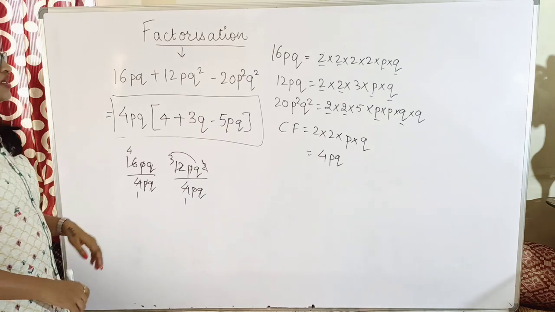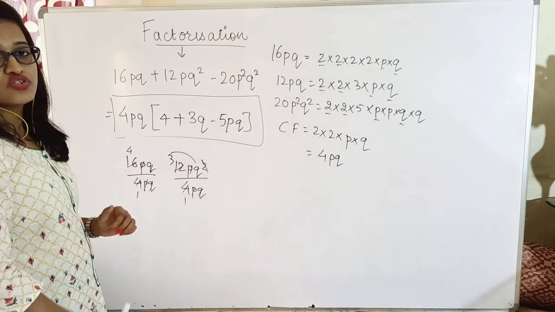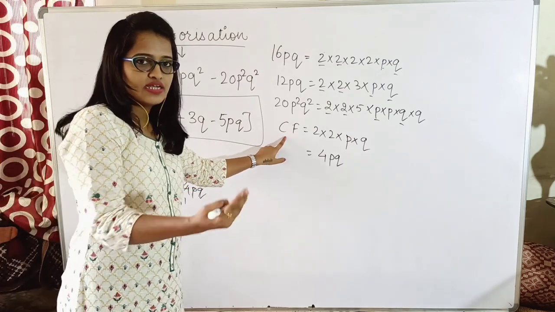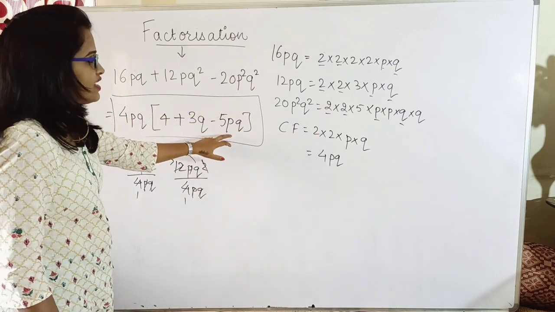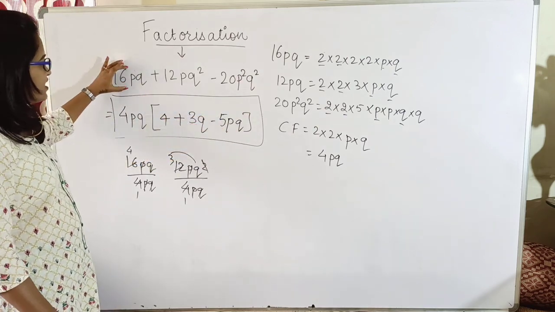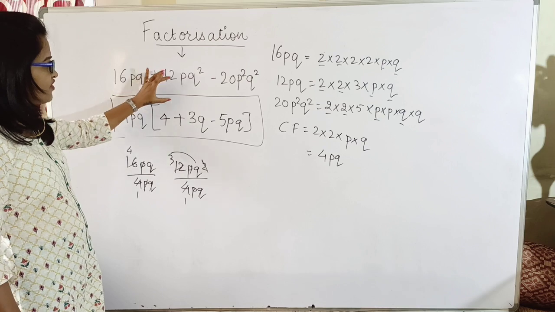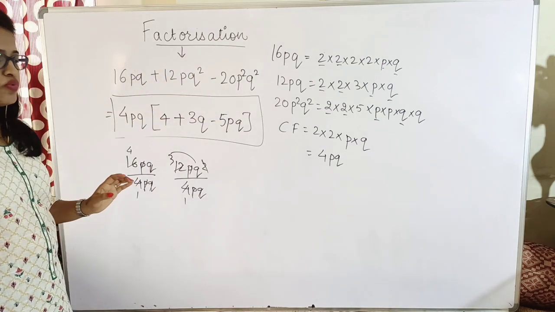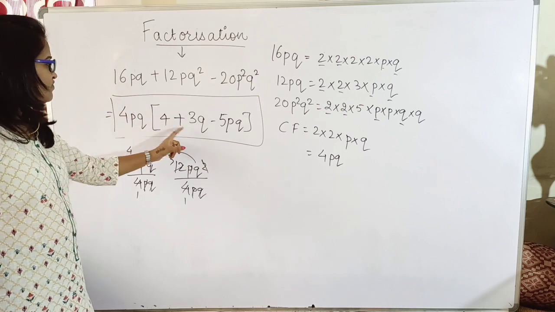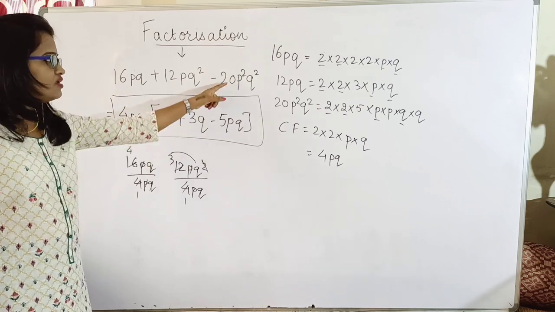Okay, so the method says you have to first of all find the common factors, take that factor outside the bracket, and whatever is remaining, how do you find it? By dividing each term with the common factor, and the quotient you are getting, you will be writing it inside the bracket. Why? Because the multiplication will give you the original terms.